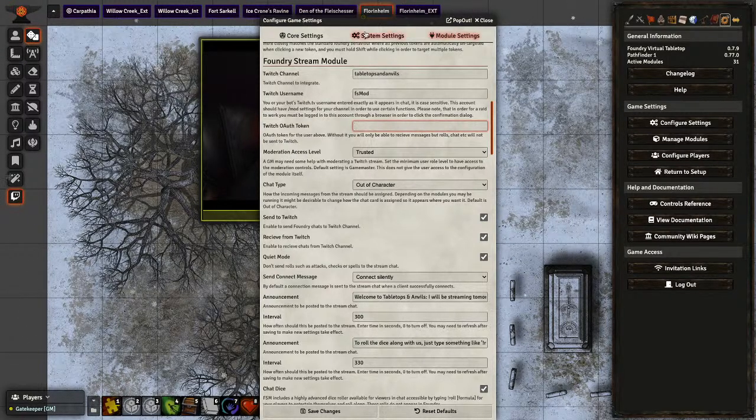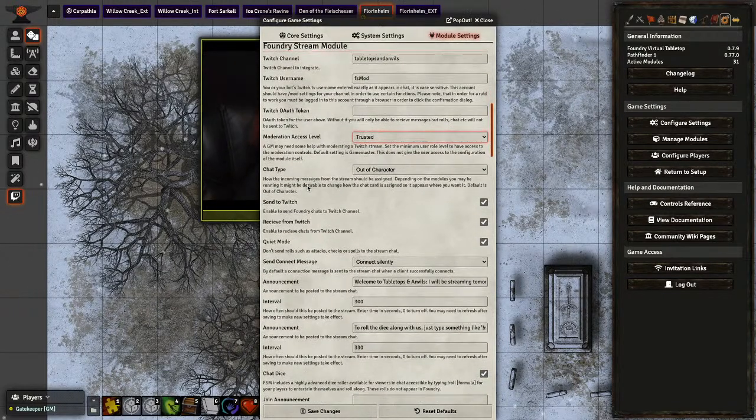Anyway, we still have our usual stuff. We have our Twitch channel, Twitch username, the OAuth token, the moderation access level. Since the last time I did this, I don't think it was a drop down, but now it's actually a drop down where you can select player, trusted, assistant, or game master. Our chat types,